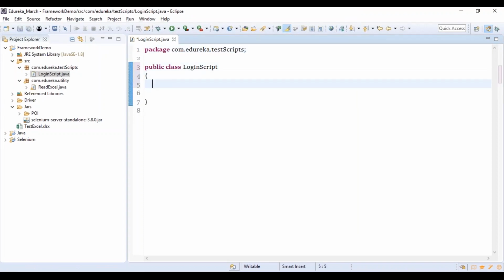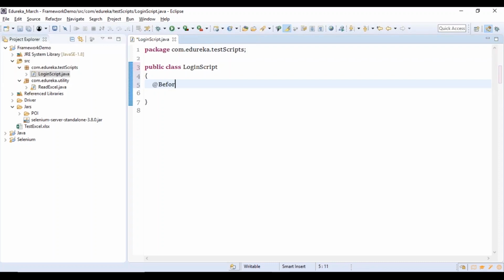So now what is my setup? My setup is, first, I'll have to create a before method annotation which is going to launch the browser, navigate to the URL, and then maximize the browser. Whatever prerequisite that I want, I can set it up. Then I'm going to use your after method as well, which is going to close the browser, and then I'm going to use your test method, which is your actual execution of your program. So let me start working with it.